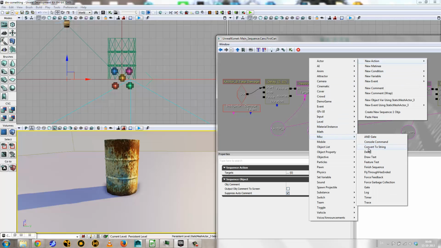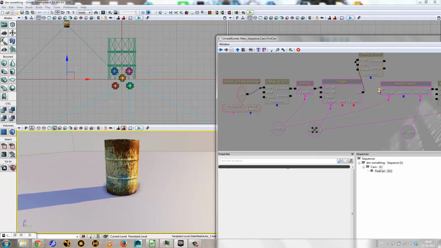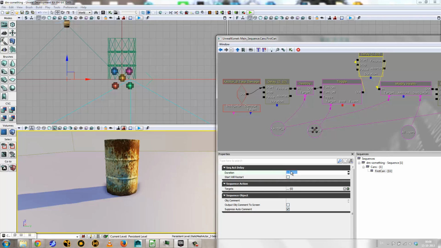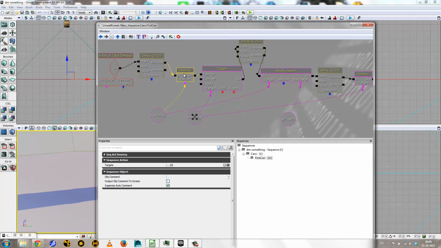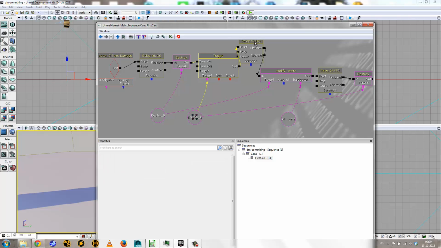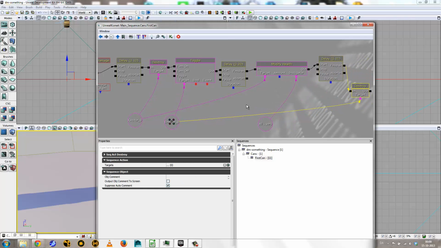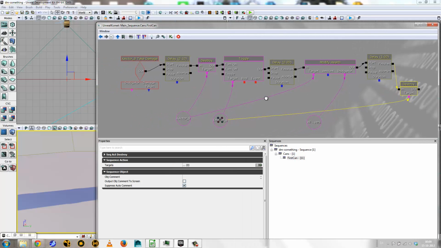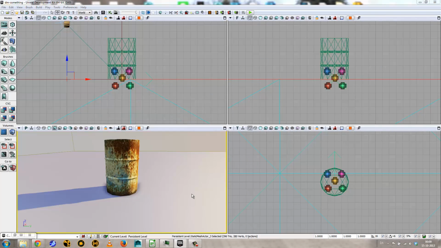I'll have another delay here. Start. Get rid of that. There. And let's say this will explode, and it will hit the neighboring things in like 2/10 of a second. Okay, so we will have this. So this is essentially what is going on. We have the whole thing here. So if I play this now, you'll see that